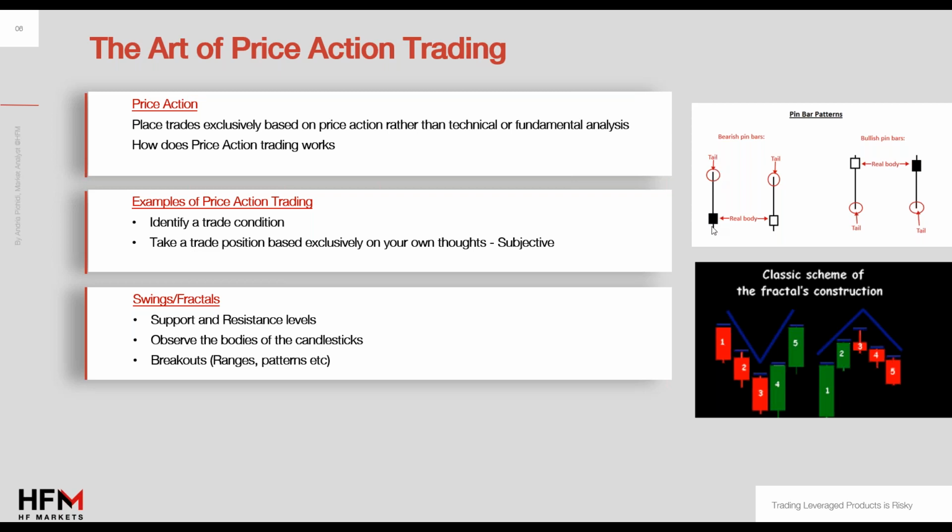That means that the buyers pushed the price higher, but at the end the sellers managed to take control. So the body and the tail matter. It gives us an indication of who is in control. Over here we know that there was a big fight from the buyers, a lot of buying pressure, but the sellers won, just by a tad.